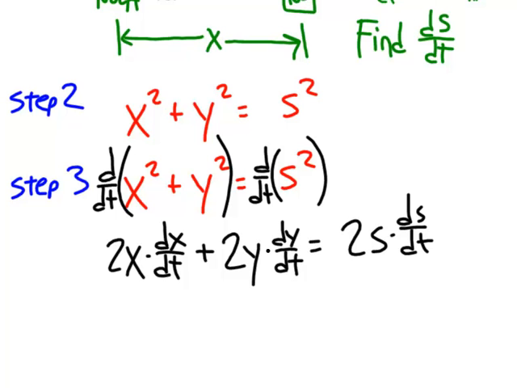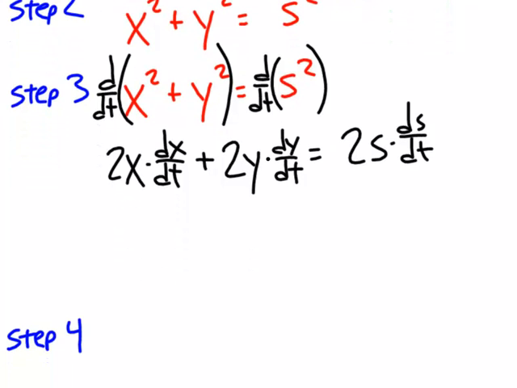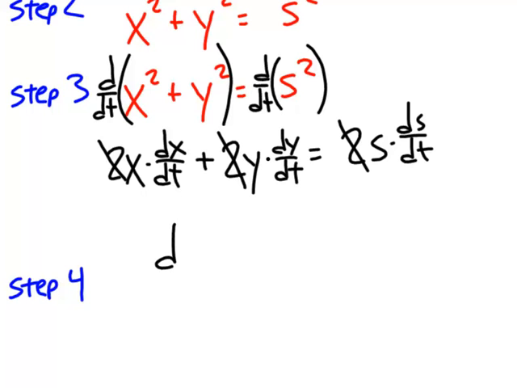Step 4 is where we plug everything in and solve for the quantity that we're interested in. I'm going to make a choice here. I'm going to go ahead and solve for that quantity we're interested in, which was ds over dt, before we plug anything in. And that's just a choice that you're allowed to make. I'm going to start by saying if I divide both sides of the equation by 2, I'll divide out that 2. And then I'll get ds over dt